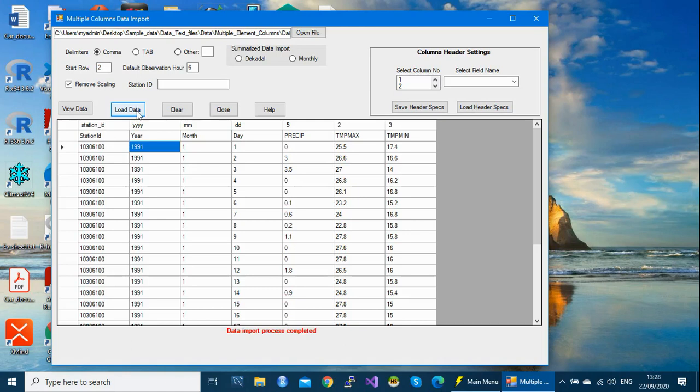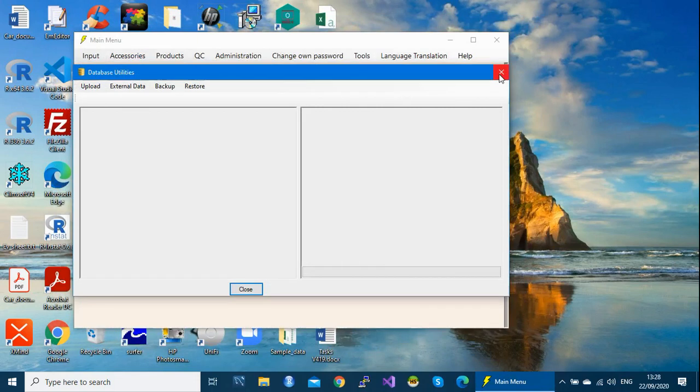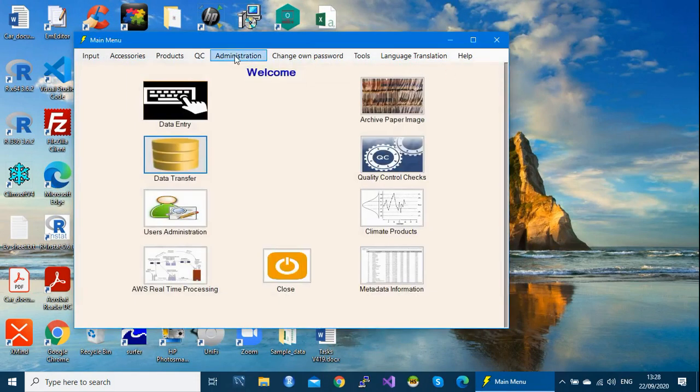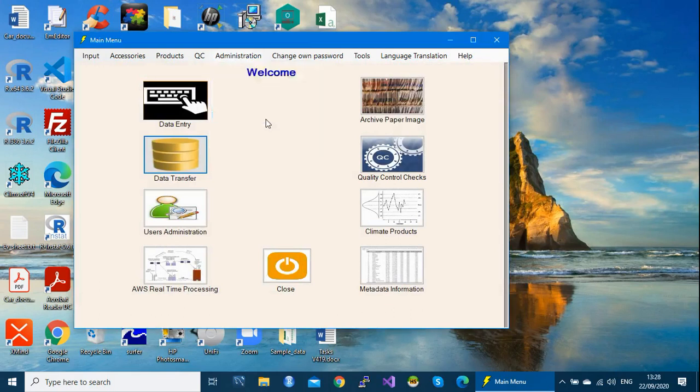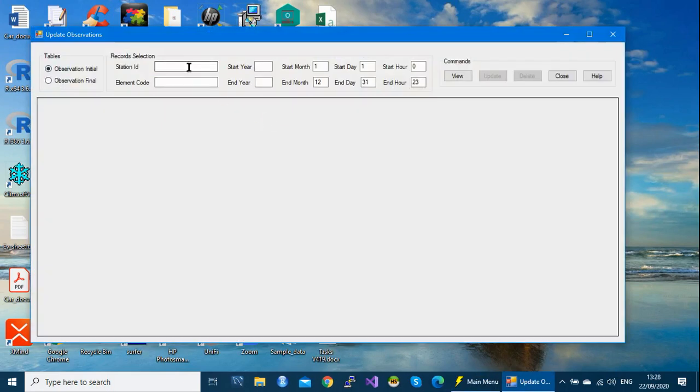So how do we check this? Close this dialog, close this one, go to administration, update observations, and put the ID for the station. Remember, this is daily data.